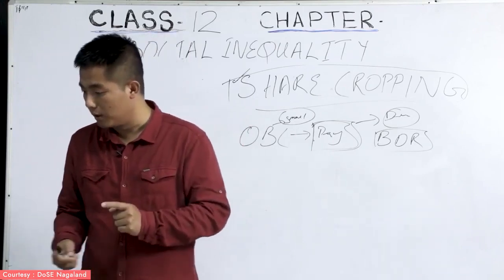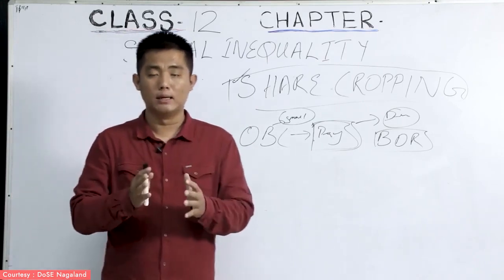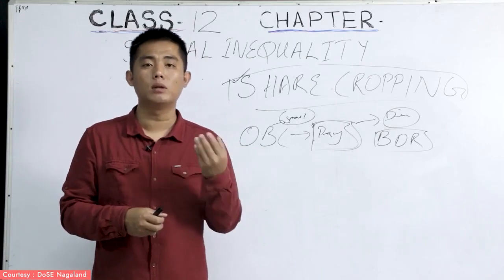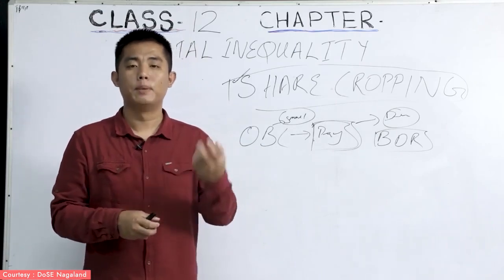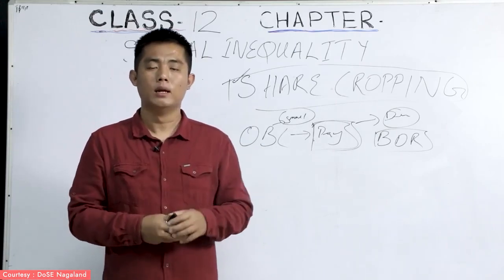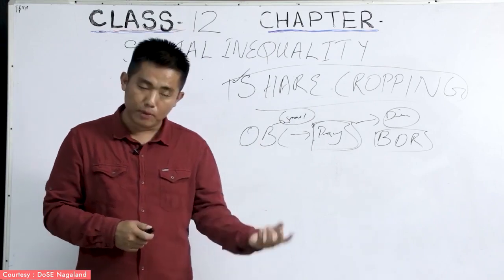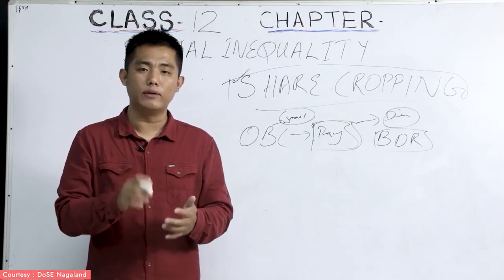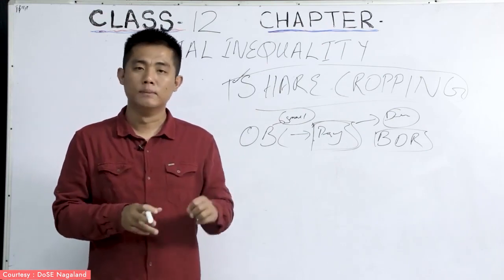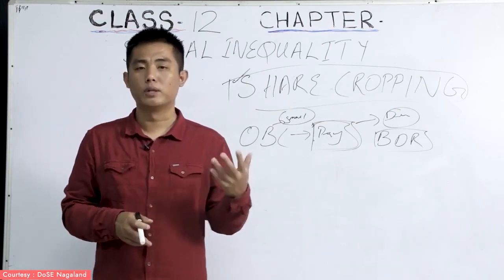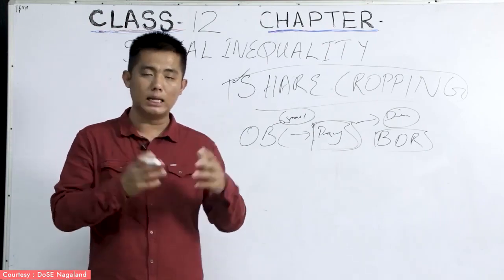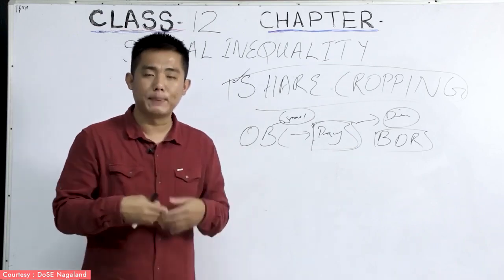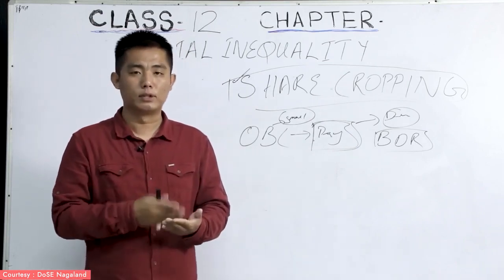Why? Because they had a family to feed, right? And not only that, they have to provide all the basic amenities to their own family. Along with that, they have to perform all the rituals in the society. For example, if any of their children gets married, they have to pay something for the marriage. Along with that, if there was any death in the family, again, they have to perform all the rituals by spending a lot of money. Those were some of the things.